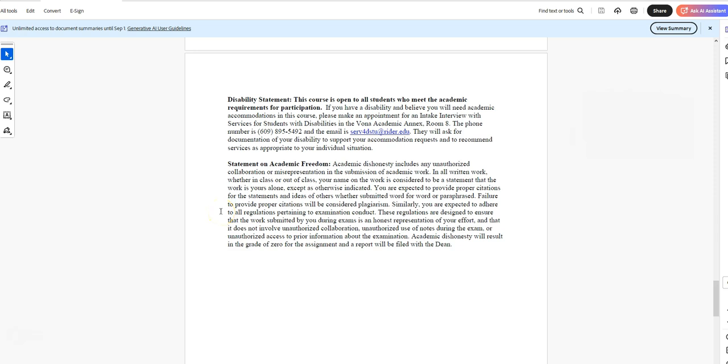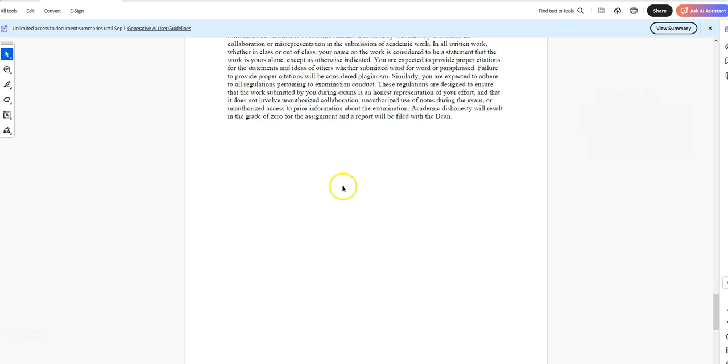Academic freedom. So as I mentioned, it is open note, open book for all assignments and quizzes. However, you cannot work with other students and you cannot use AI. Now with the exams, there is a checker on here, and so I can see if it shows as being done by artificial intelligence. And if it is, you will get a 0 for it. All right. So do not do that.